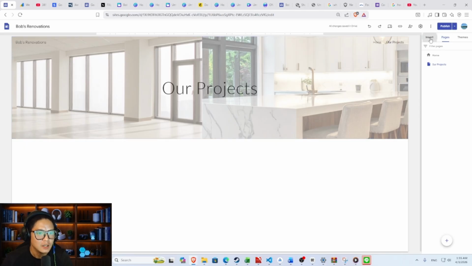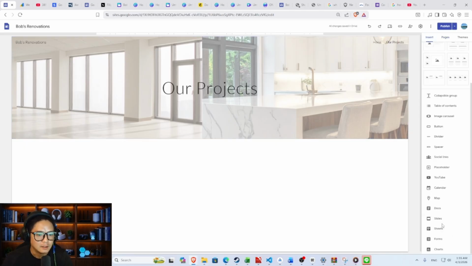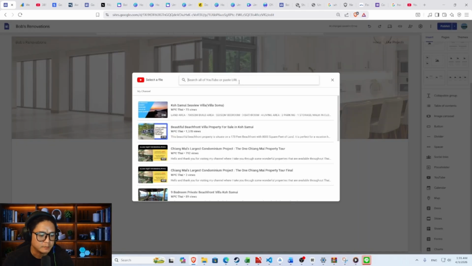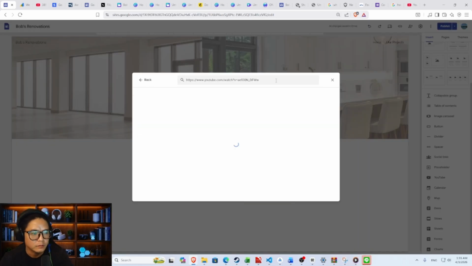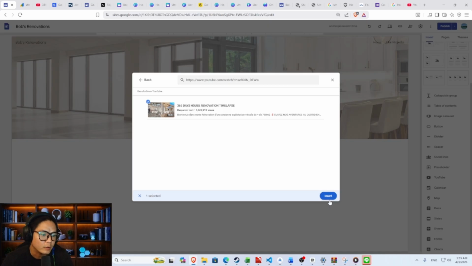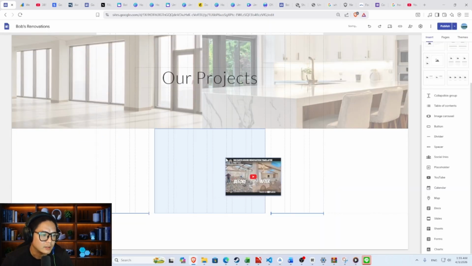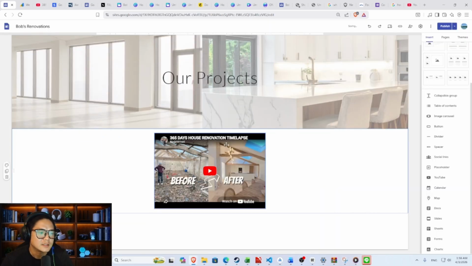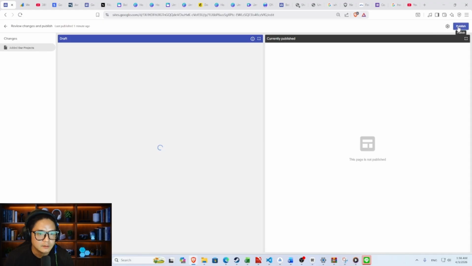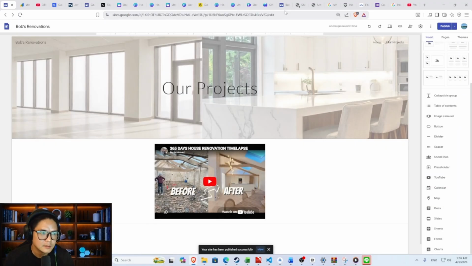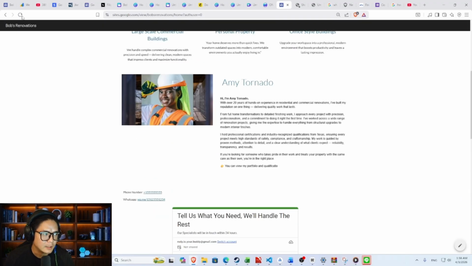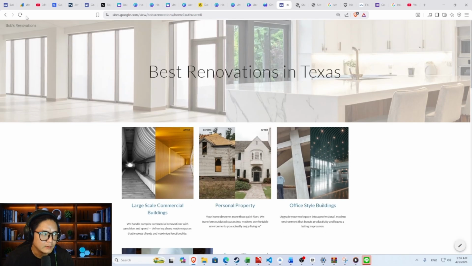And in this page, you can insert, let's say, YouTube. You could insert your YouTube video of the work that you've done. You can insert it here. As you can see, for example, if you posted a project where you did a house renovation, right? So let's publish that. Once we publish that, and let's go back to the website, and I refresh again. And now you can see, on my website,